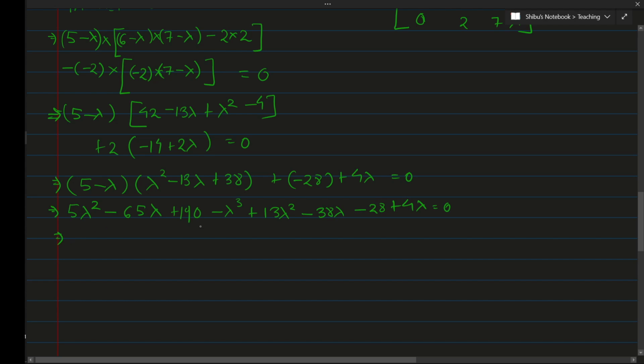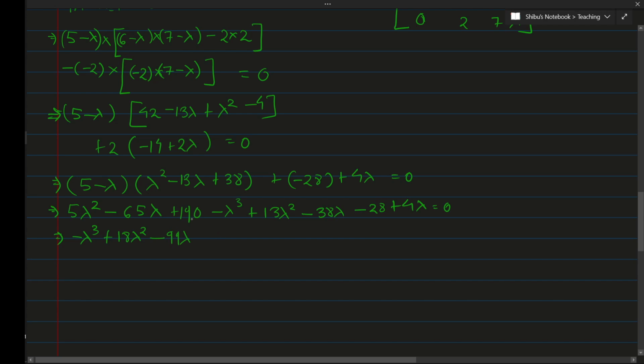Now we have one lambda cube term, so it will be here. Let's say lambda square term 1 and 2 here. So 13 plus 5 is 18 lambda square. Now we have lambda term 1, 2 and 3. So let's say add 4 plus 4 is minus 65. It will be minus 61. Minus 61 plus 8 will be minus 69. Minus 69, minus 99 lambda,